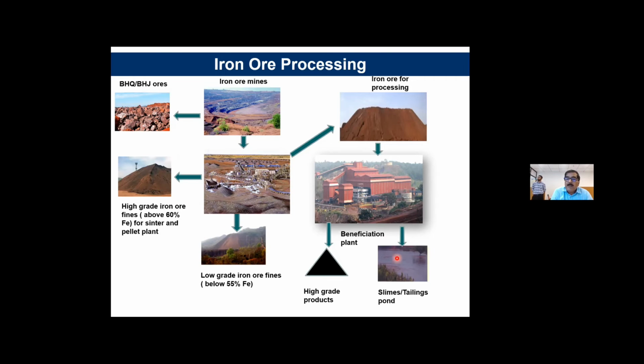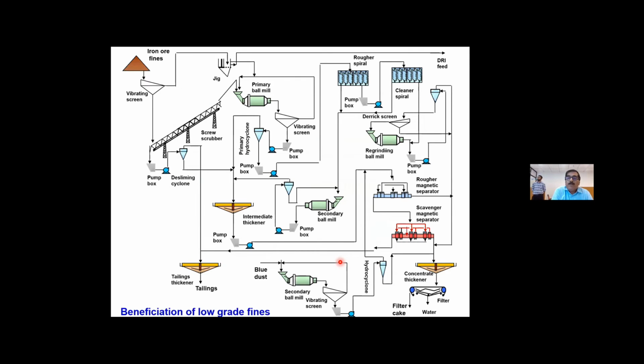After beneficiation, we are generating the tailings and high grade products. I am giving one of the processes, because depending upon the feed material, the process flow sheet will be different. It depends on what Fe you are putting in and what Fe you want. According to that, whatever unit operations I have shown you may be changed. It is not a common process flow sheet for all ores,